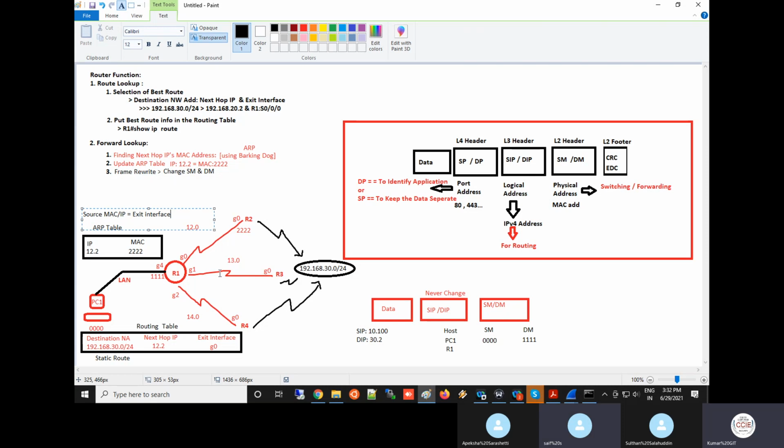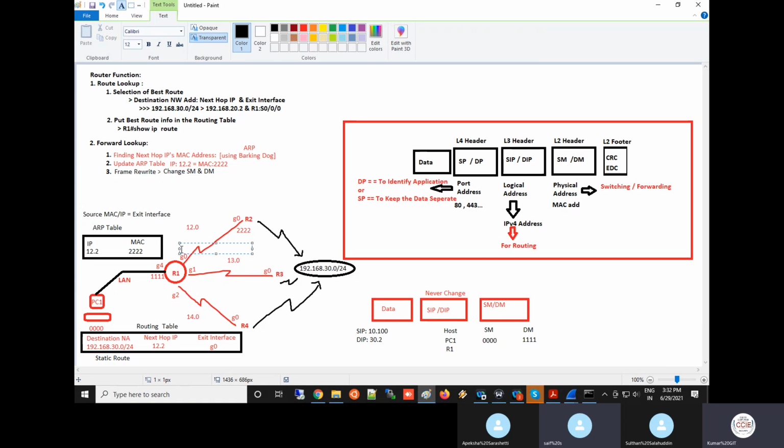Same way here, I'm going to send it, and the destination MAC is what? Where am I sending it? R2 Gigabit, sir, 2222. So the source will be R1 Gigabit 0.